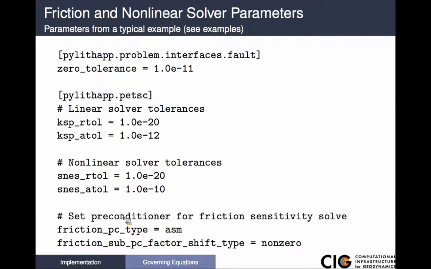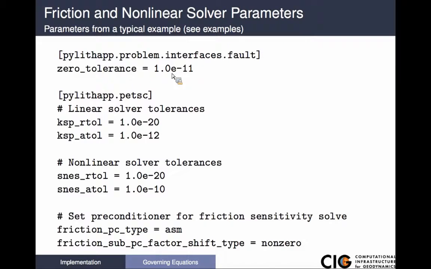And right now, PyLith does not check what these tolerances are to verify that the SNES tolerance is bigger than the KSP tolerance. So it's up to you to ensure that those are correct. But if these get off, then it's pretty clear usually either the nonlinear solve doesn't converge, or when you look at the output, you'll see weird things going on in the fault. You'll see basically it looks like noise. You'll see parts of the fault moving that shouldn't be moving, and that's usually an indication that the linear solve